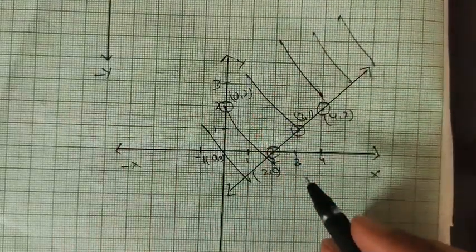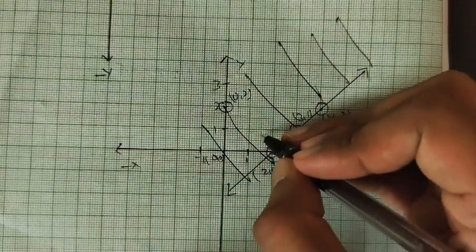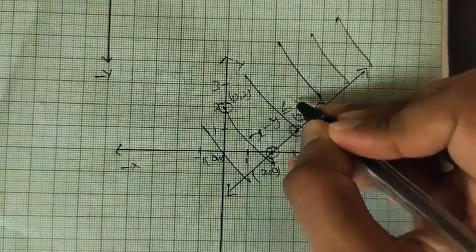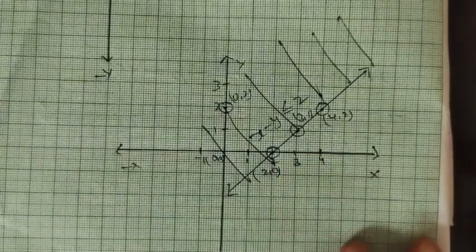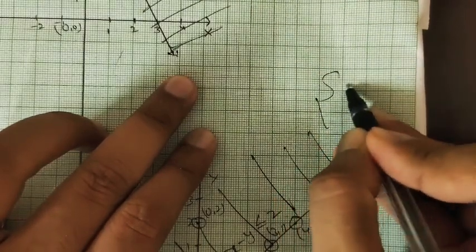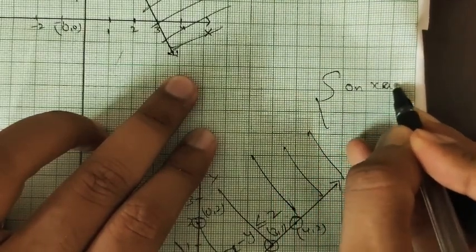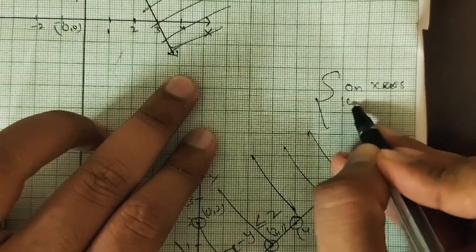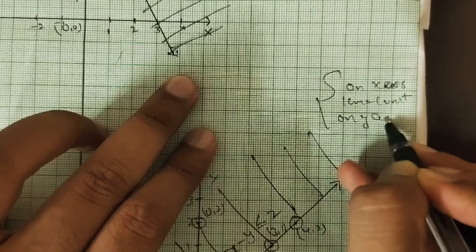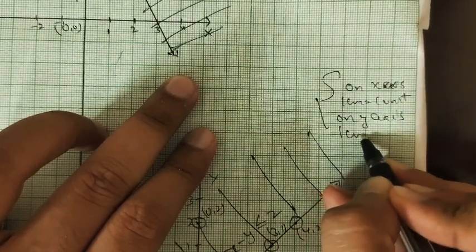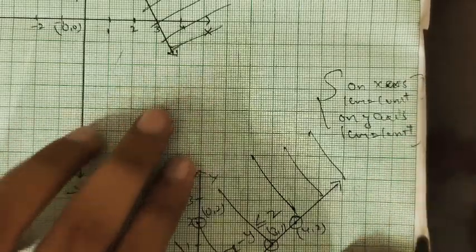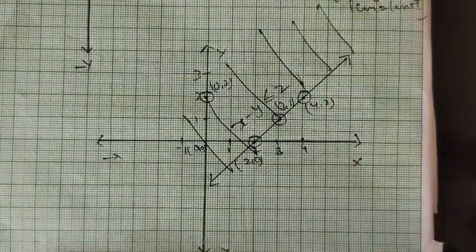Towards the origin, right? So write the equation of line. The equation of line is x minus y less than or equal to 2. So this is its answer. The scale we will write here: on the x axis, 1 centimeter is equal to 1 unit. On the y axis, 1 centimeter is equal to 1 unit. So this is our answer of this question.